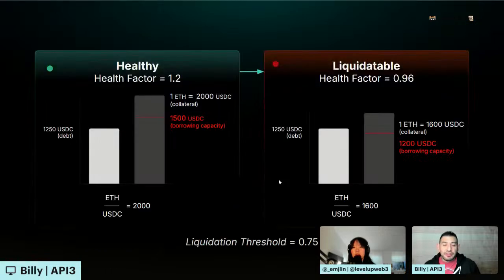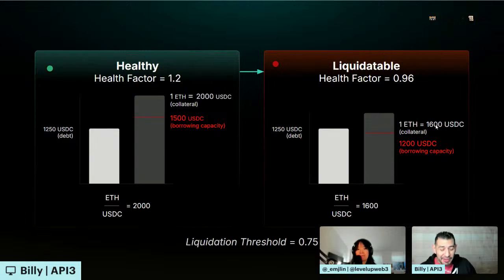So just to put a little example, visual, I'm a visual learner. We have ETH and USDC. ETH is worth $2,000. So I deposited $2,000. I can borrow $1,500 in USDC. So I borrow to the cap. I borrow 1,250 USDC. I'm feeling good. And then we go to sleep. Europe went to sleep, and then the liquidation happened, right? All of a sudden, ETH fell down to 1,600 just overnight.